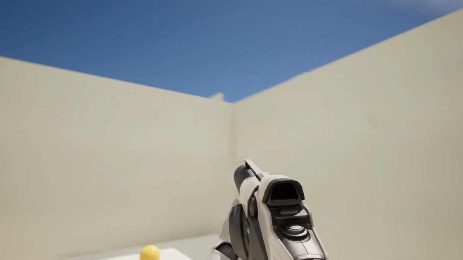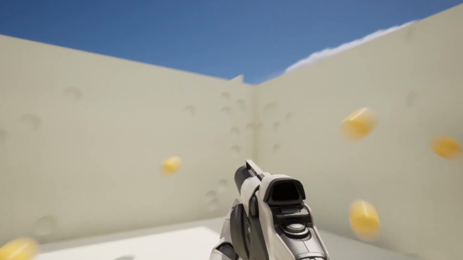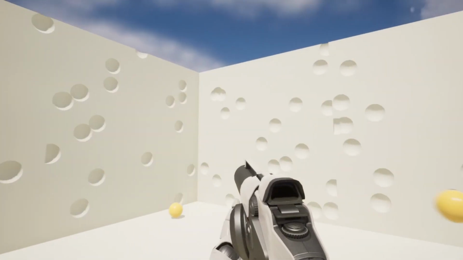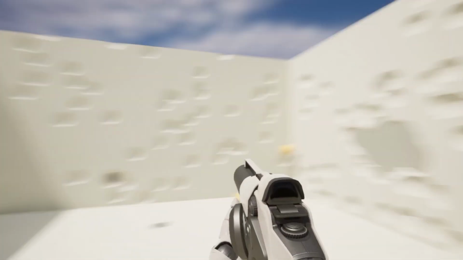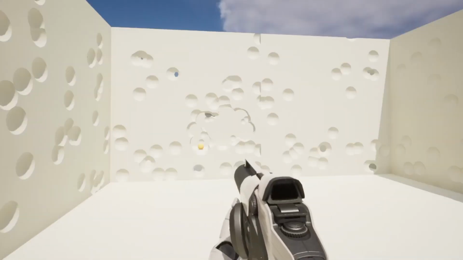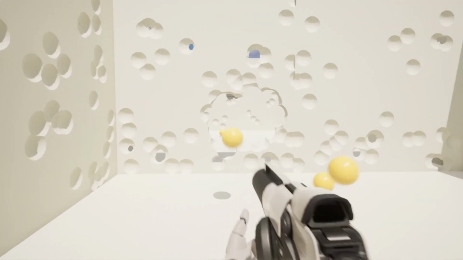Hello and welcome to this little tutorial. You can already see here what we are going to build, but we will start from scratch and I will guide you through this. This is based on geometry scripting. It's a relatively new feature in Unreal that gives you the ability to manipulate meshes via Blueprint. I'm extremely excited about all the cool things we can do with geometry scripts, but without further ado, let's dive